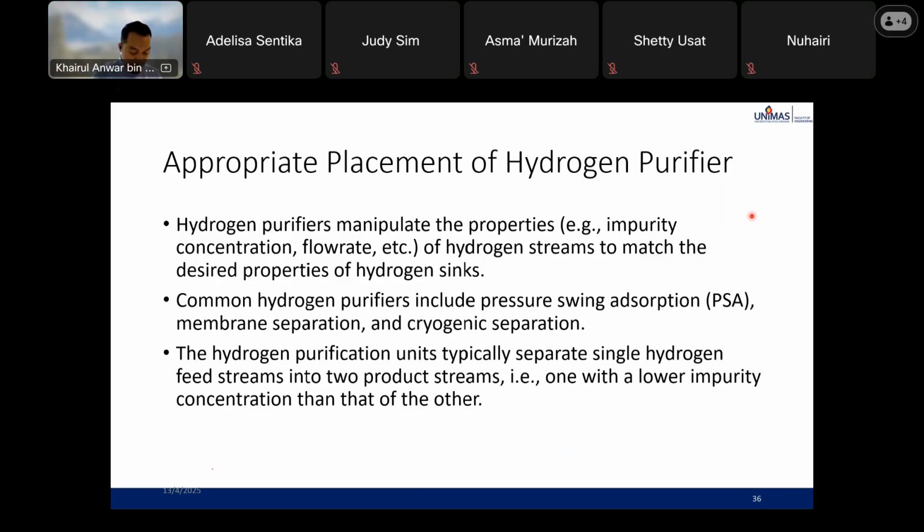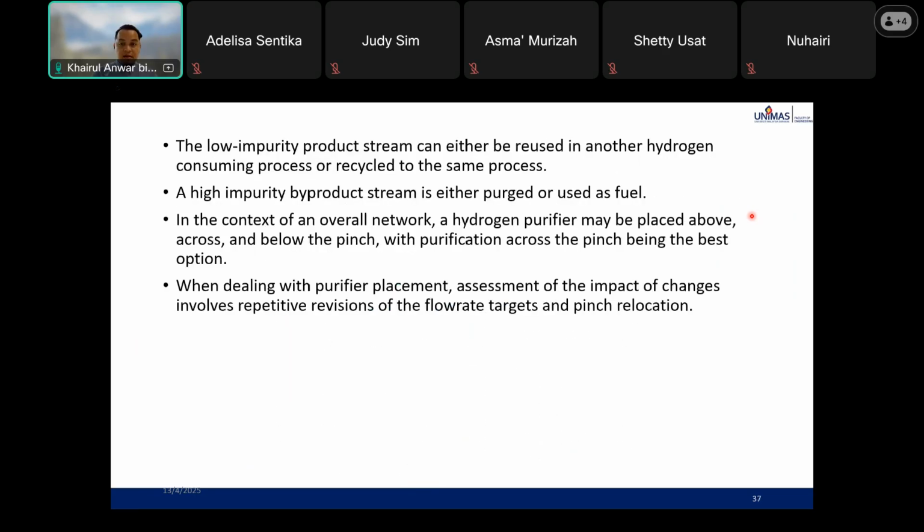In the context of an overall network, a hydrogen purifier may be placed above, across, and below the pinch, with purification across the pinch being the best option. So the last sentence, the best option is